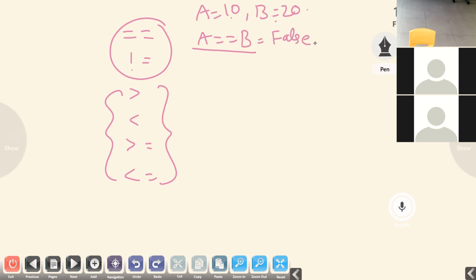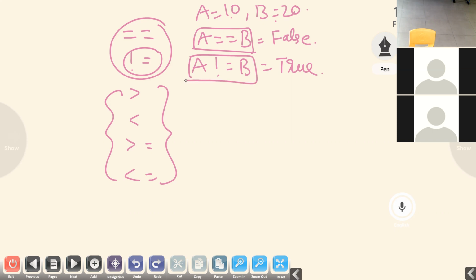It compares the first number with the second number, whether they are equal or not. And this checks whether they are different or not. In this case they are different, so that is true.